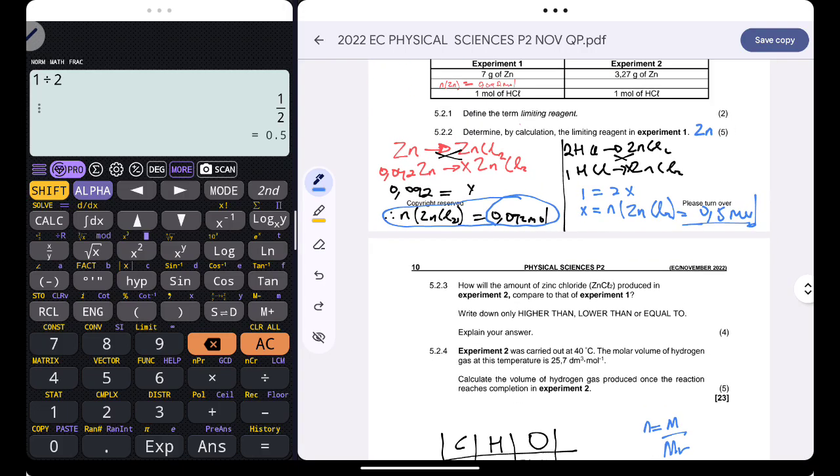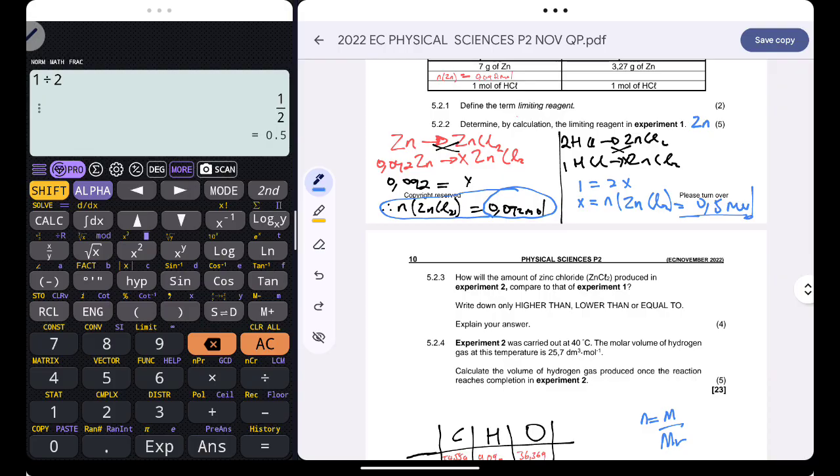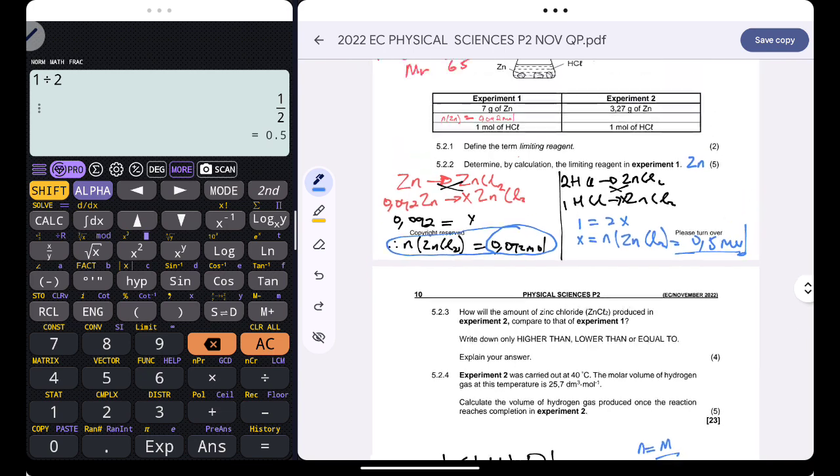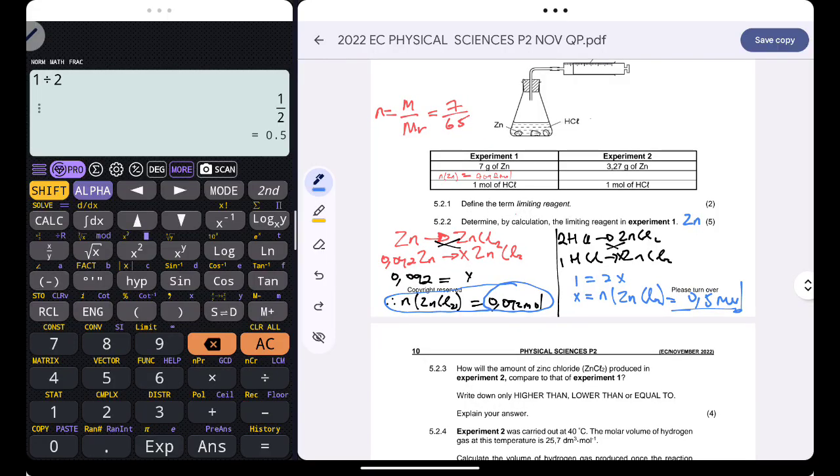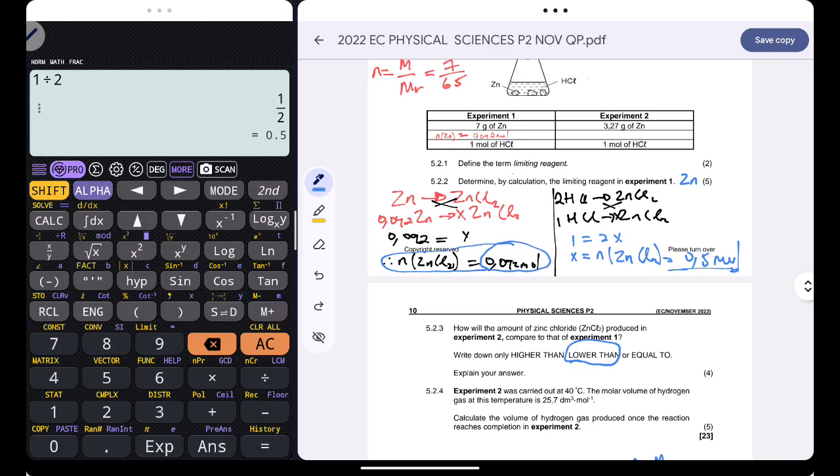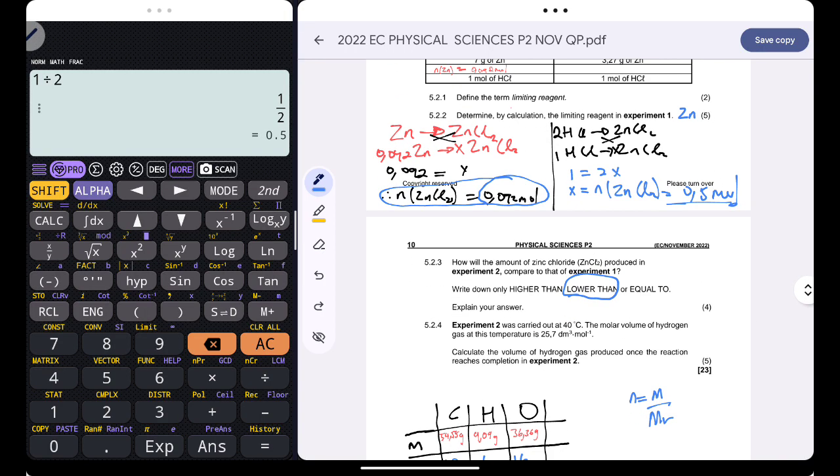Are you together? Okay. How will the amount of zinc chloride produced in experiment 2 compare to that of experiment 1? Write down higher than, lower than, or equal to, and explain your answer. Okay, the answer is lower than, guys. Why? Because they've decreased the mass. Are you together? According to this equation,